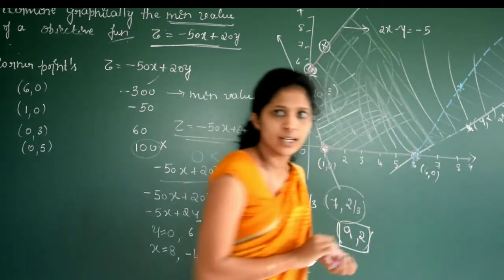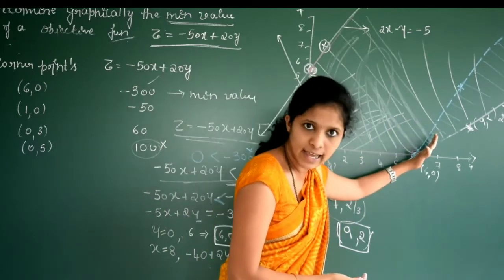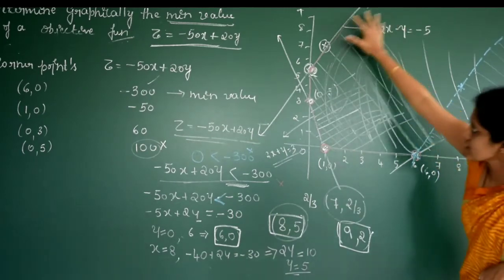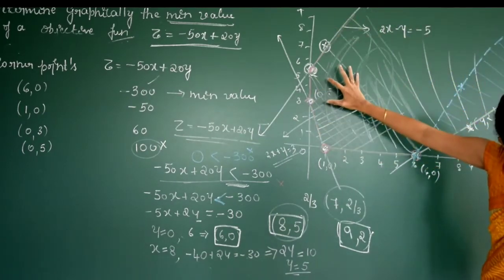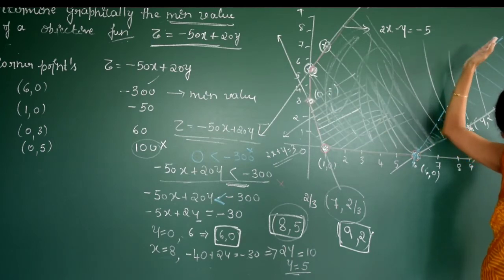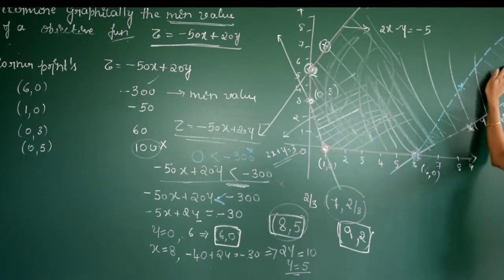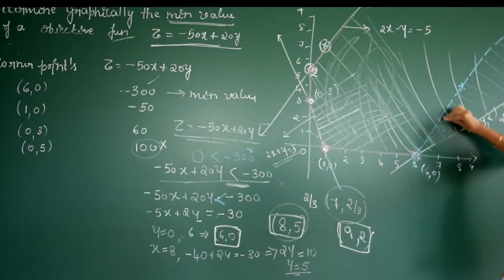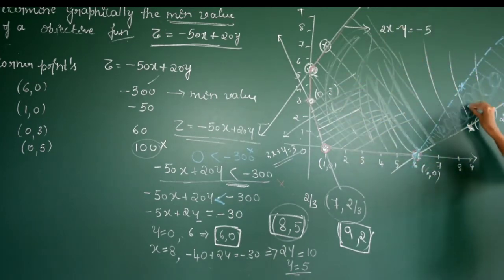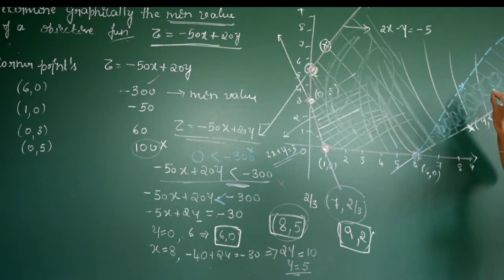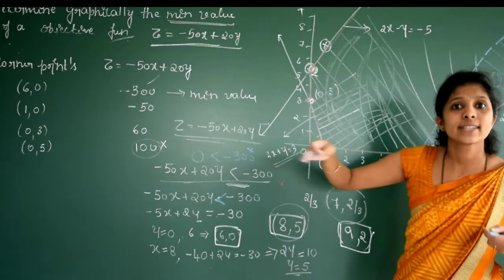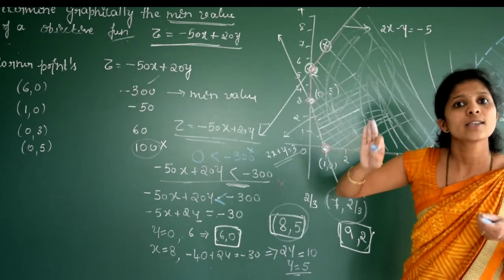Now, what you can observe here is the solution region of this line and the feasible region. Right? This will be the solution region. If you consider the solution region of this line, it has a common point with the solution region. See, this is the solution region for this, and this is the solution for everything. So there is a common point with this. By this we can say that the function does not have a minimum value. Why? Since it is having a common point with the solution region.